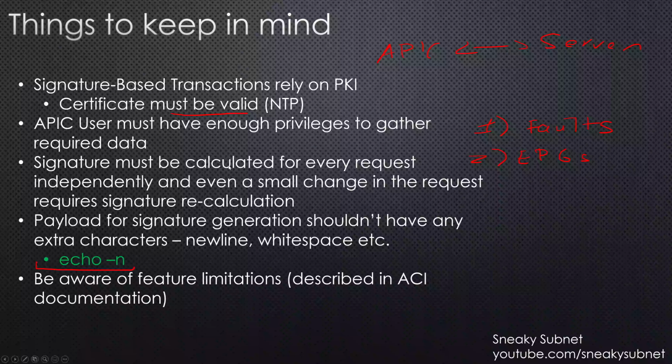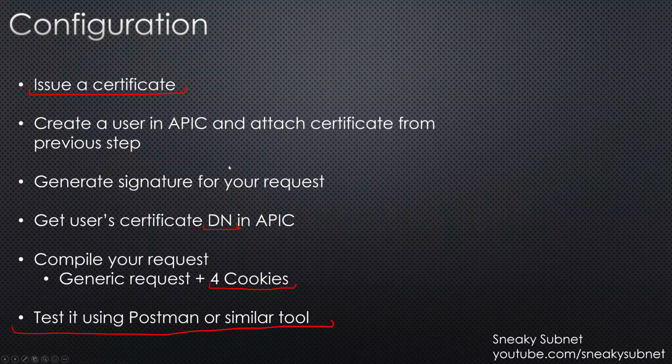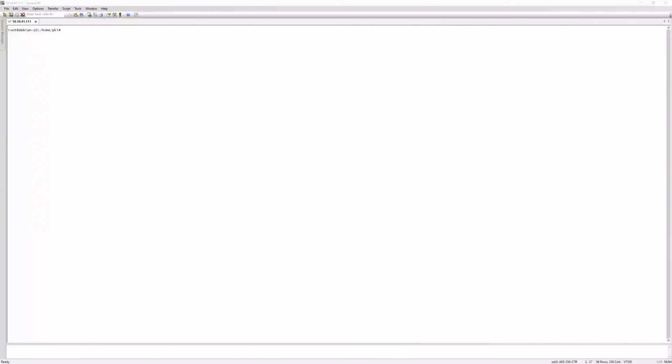So now I think we are ready for the actual configuration. And again, we will start with issuing our certificate. Okay, so let's start with generating our certificate. We will use OpenSSL, and here you can see my Linux machine. And we don't have any files in that directory. So we will generate